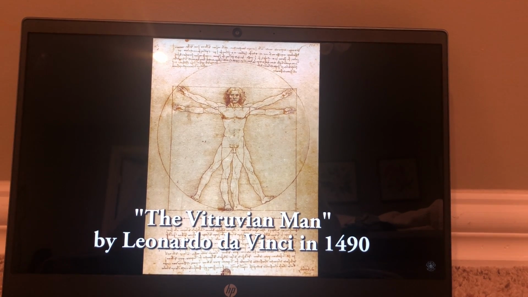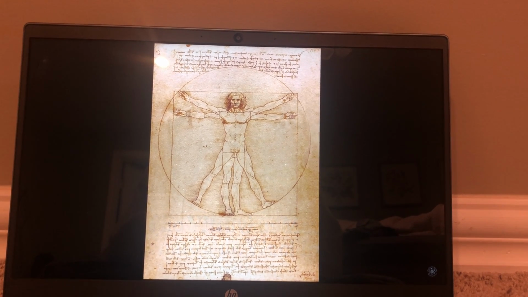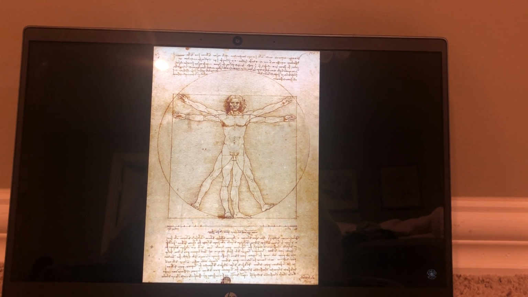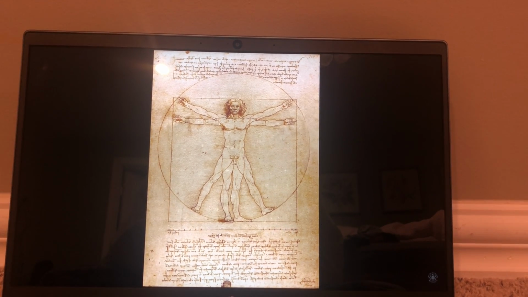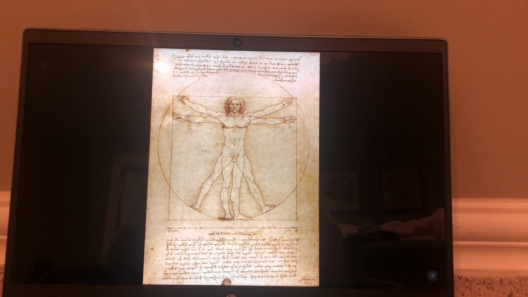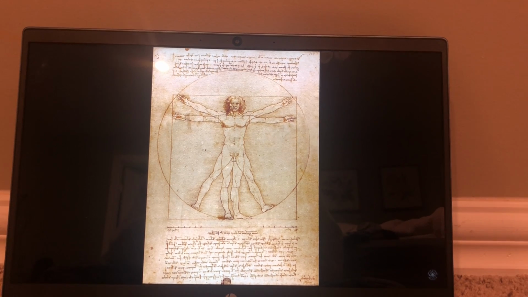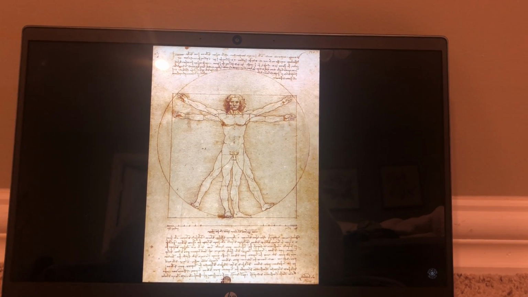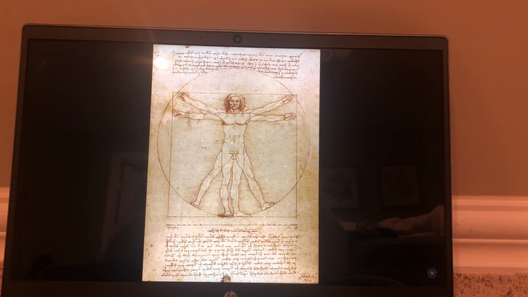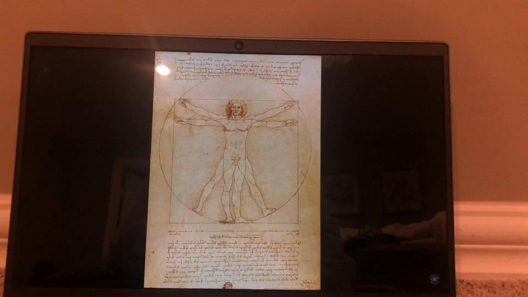Unquote. Despite many initially only seeing 2 poses, the Vitruvian Man was actually designed by Da Vinci to contain 16 various combinations and poses within it. Today, the original Vitruvian Man is kept under lock and key at the Galleria dell'Accademia in Venice and is occasionally on display for the public.